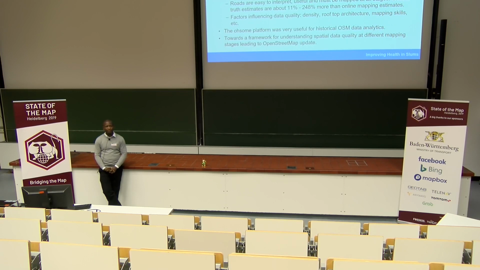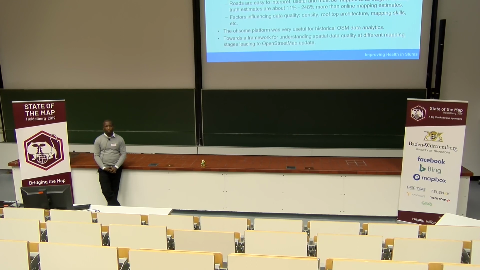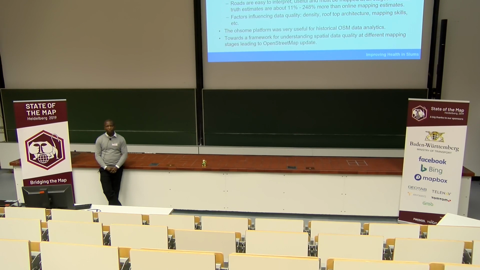Thanks, Godwin, for the presentation. Just a couple of questions. The first one is related to the previous one. On the field, when you do the ground truth survey, you see that there are fewer and fewer buildings. Is this only due to the fact that buildings are not there, or also the fact that something was seen as a building from the satellite but was not a building, or more buildings attached to each other that actually was one single building? And in this case, how did you survey? Because of course you can take pictures on the ground, but it might not be so easy to survey a building.